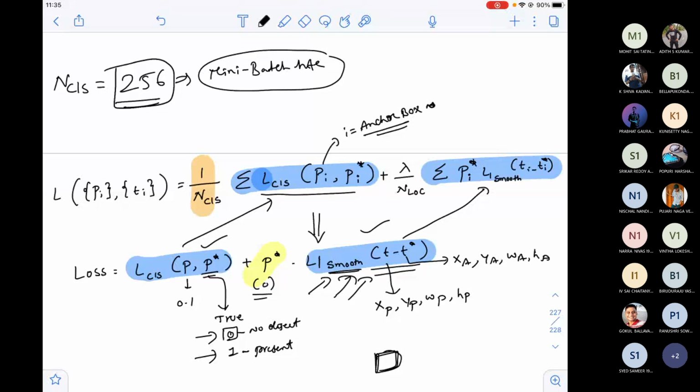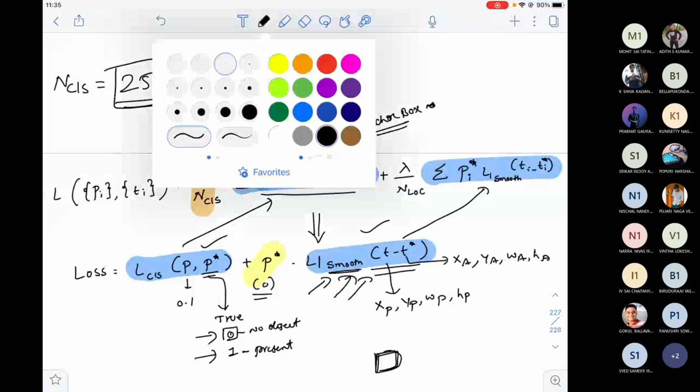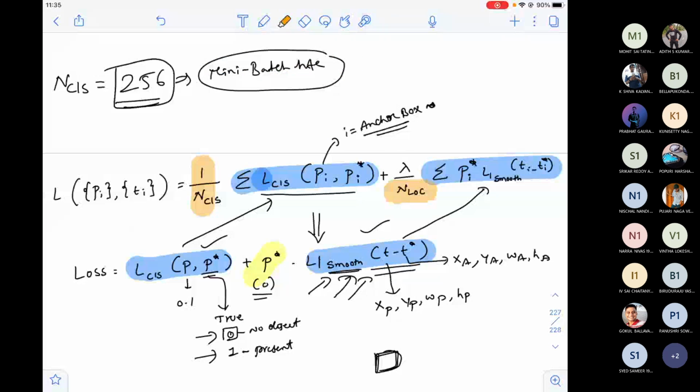And if you see here this N_reg, what is N_reg? N_reg is basically the number of anchor locations. On a VGG, you take the final output and start proposing 9 boxes for every pixel.